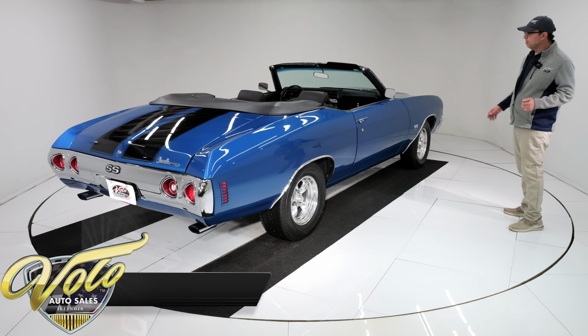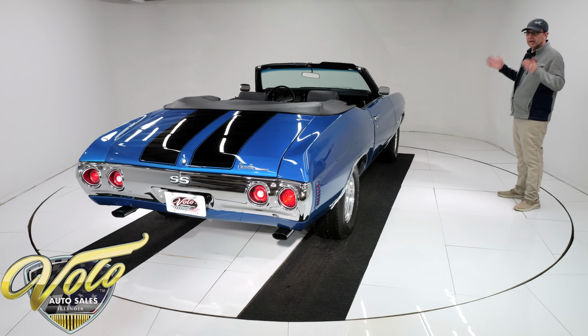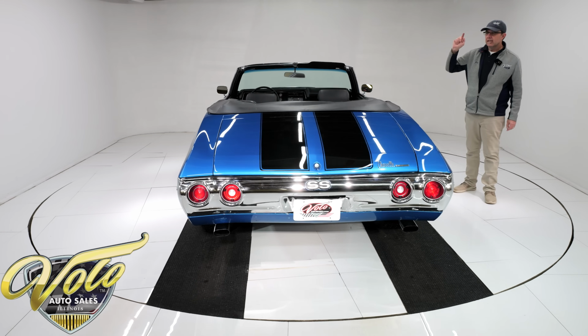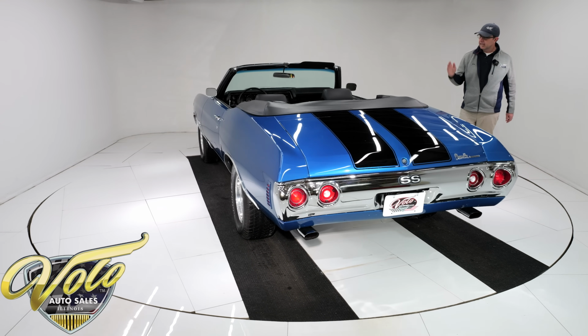Overall, real solid. So yeah, again, really nice car. Not perfect, but very nice, good looking, sounds amazing. The driver's seat is tipped back farther than it should be. So if you're the lucky next owner of this car, remind the salesman, see if they can tip that forward